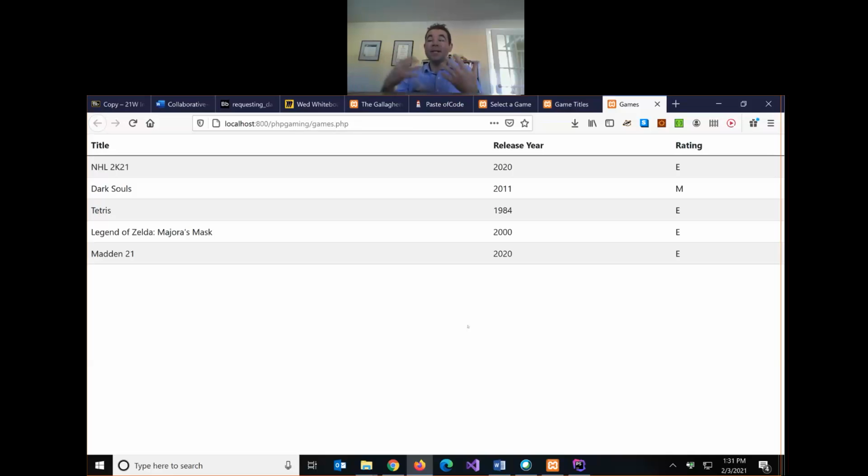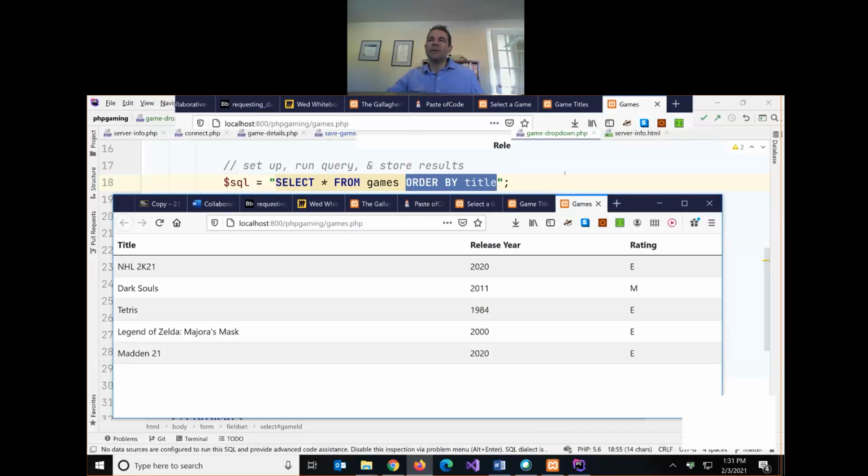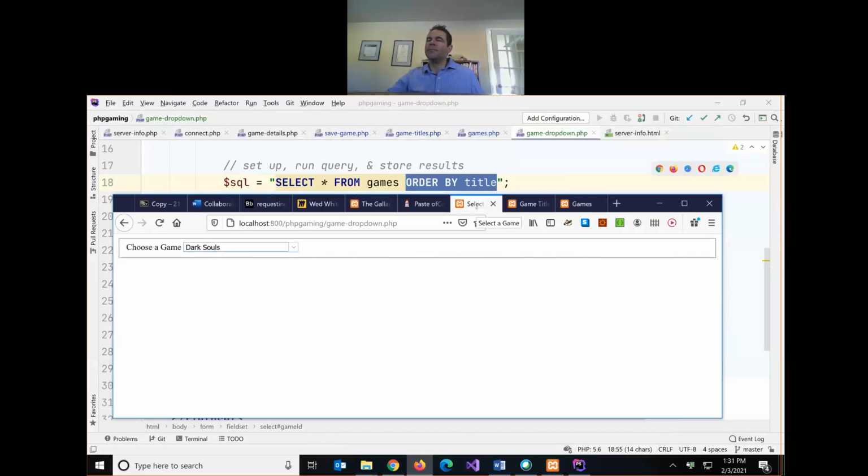So being able to connect to the database, fetch the information a user wants to see, and then display it back to the browser using whatever HTML is appropriate. Right? So we could use a table, we can use a list, we can use a drop-down, we might even use,